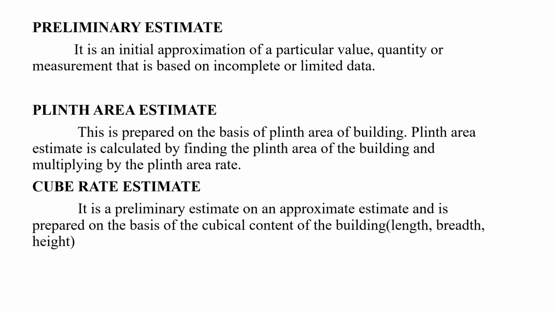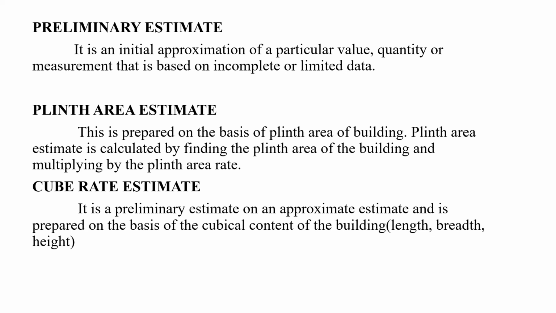The length and breadth should be taken as the external dimensions of the building at the floor level, and the height should be taken from the floor level to the top of the roof. For a storied building, the height should be taken between the floor level of one story to the top of the next higher floor. The foundation and plinth and the parapet above the roof are not taken into account in finding the cubical content. This is based on IS code 3861.